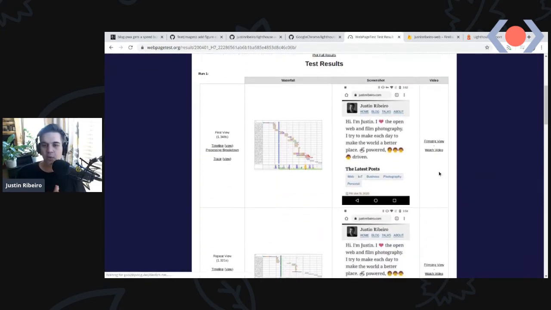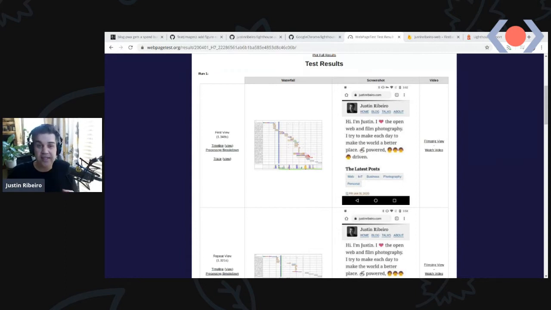Similarly, you can sit there and watch the film. You can see the filmstrip view and the watch video as well from that set to see exactly how you're rendering and exactly what that perception of your speed was. Because at the end of the day, all these tools work back to those three things we talked about, which is they help you find what to reduce, they help you show what the perception of that speed is, and they help you across the board